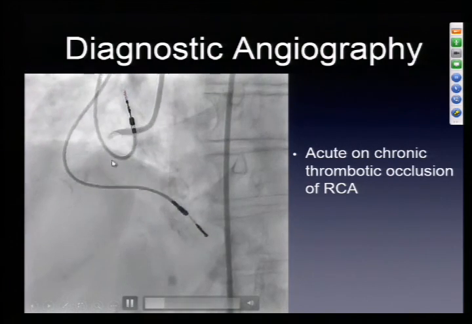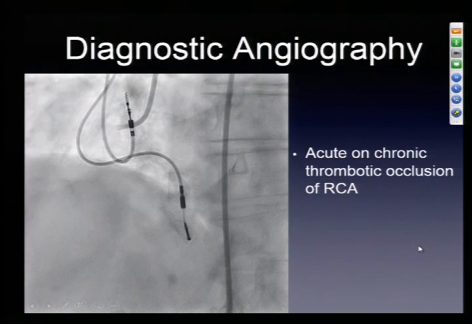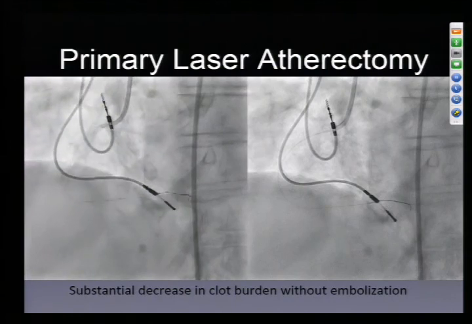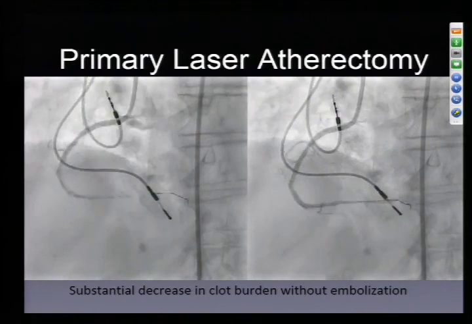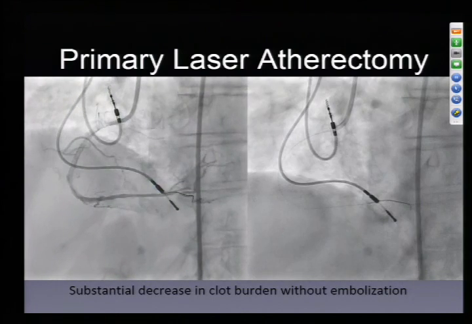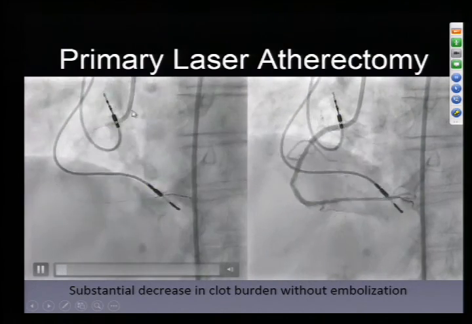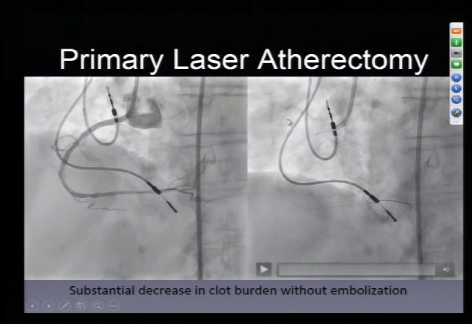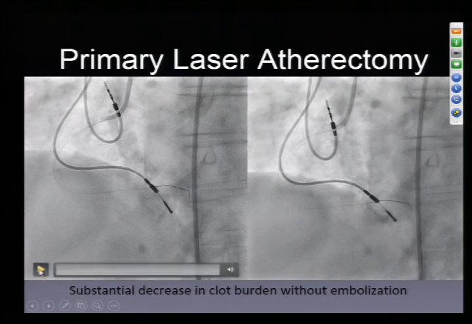So given the fact that we saw a large amount of clot already, the decision was made to primarily use laser, atherectomy, and thrombectomy as our primary mechanism of opening up the vessel. So without ballooning, without doing aspiration thrombectomy, we just pass the laser through here. And this is with 2 passes. So with the first pass,